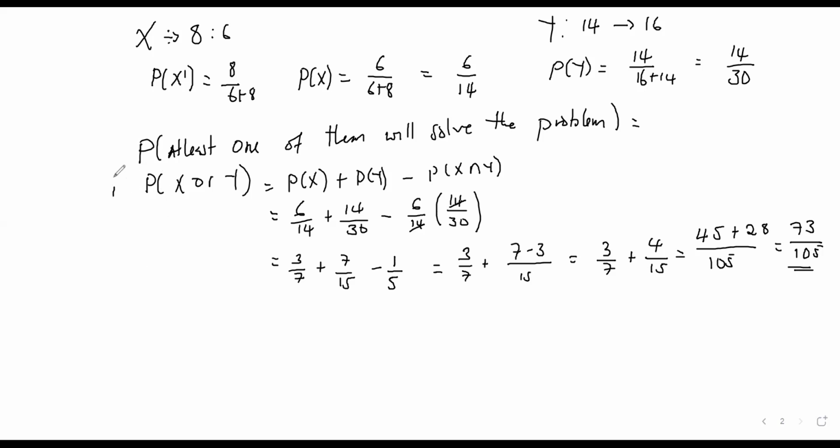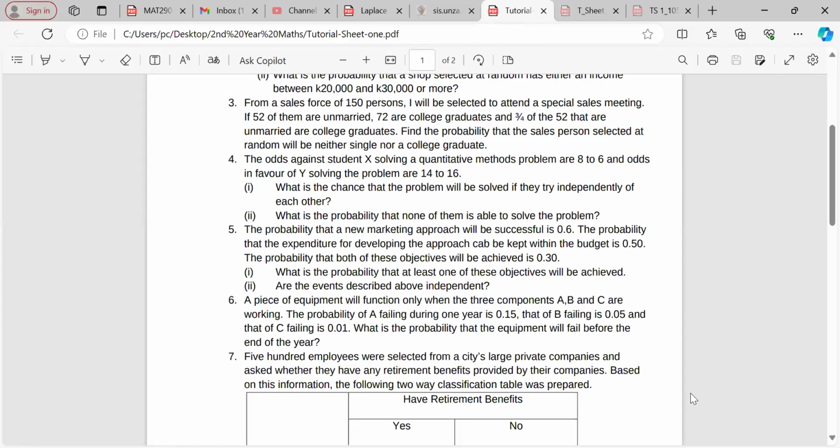This is part 1. Part 2 says, let's go and check part 2. Okay. So part 2 says, what is the probability that none of them is able to solve the problem? What is the probability that even if they solved independently, none of them has gotten it correct? So that is